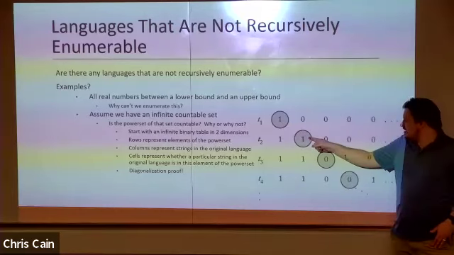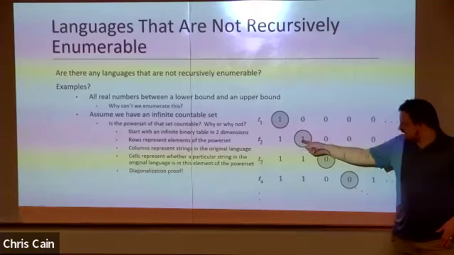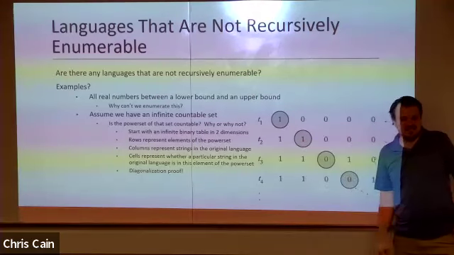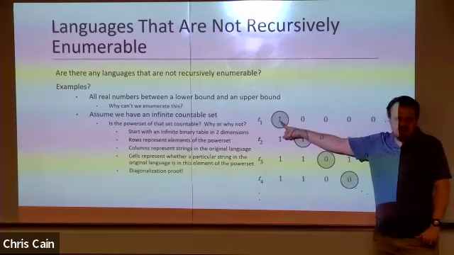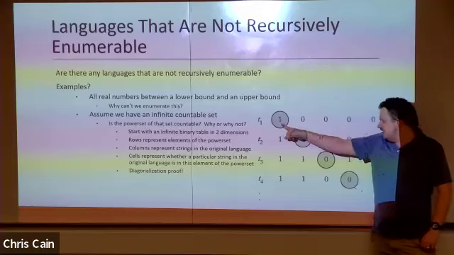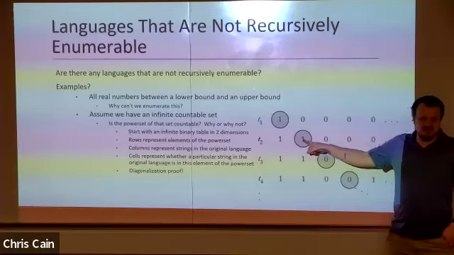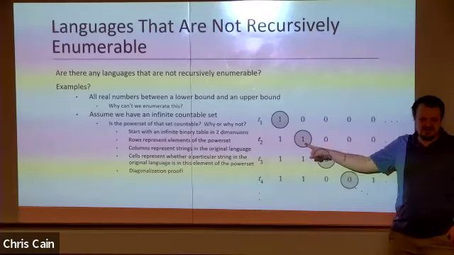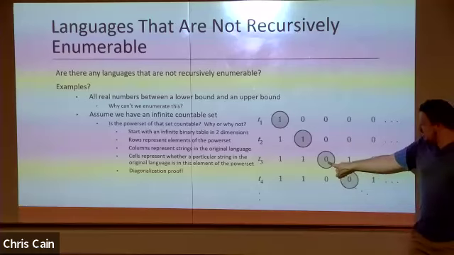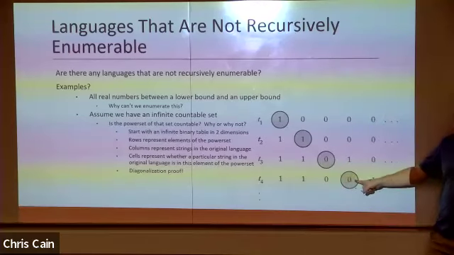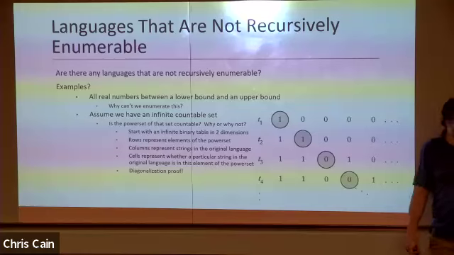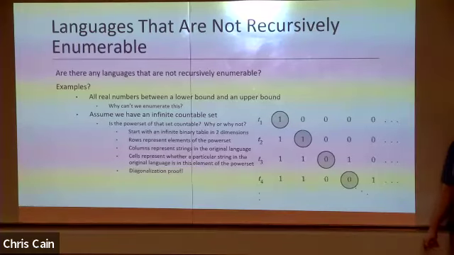We're going to do exactly the same thing for row 2, column 2. Whatever is here, we're going to flip that, and that's going to become the second element of the set. So there is no 1 in the new set, and it's distinct from T sub 1 because of that. There is no 2 in the new one because there was in T sub 2, so it's distinct from T sub 2. We are going to include 3 in this set because that means it's distinct from T sub 3 at column 3. There will be a 4 in this set, and now it's distinct from T sub 4 at column 4. We continue this infinite process,